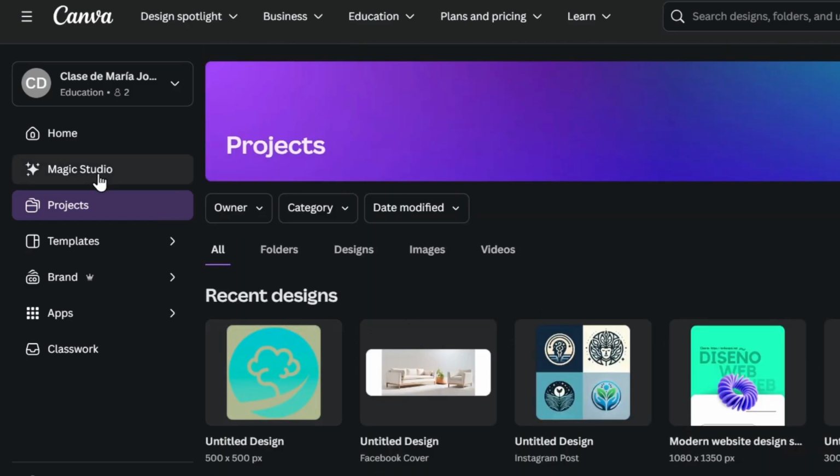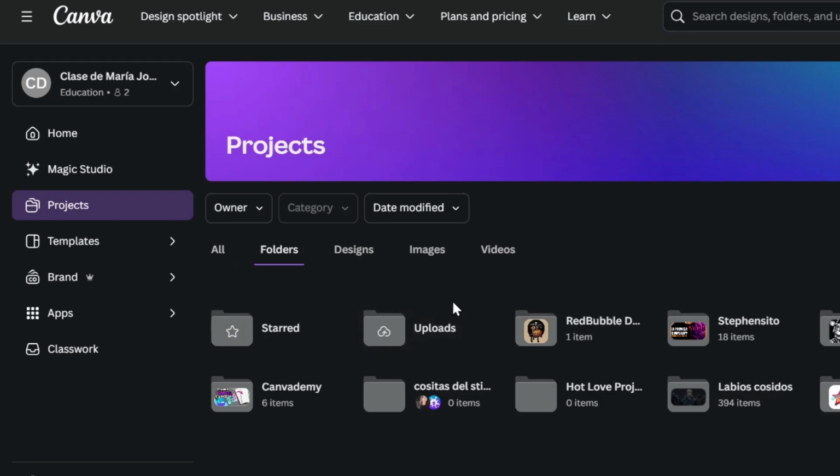So for example, every design that you have created should be organized into projects. What I love to do inside the section of projects is that I can go here into folders and I can just organize all my folders into a specific section. For example, if you have